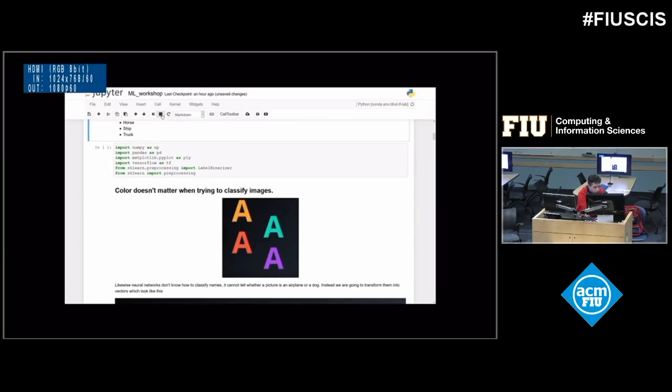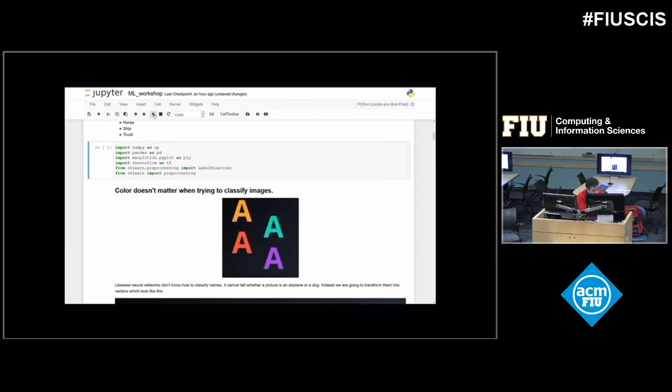All right, so these are the libraries we're going to be using. NumPy is a Python library that's used for matrix operations, and Pandas is used for data frame storage. Matplotlib is what I'll be using to print out the graphs. And then, of course, this workshop's about TensorFlow.